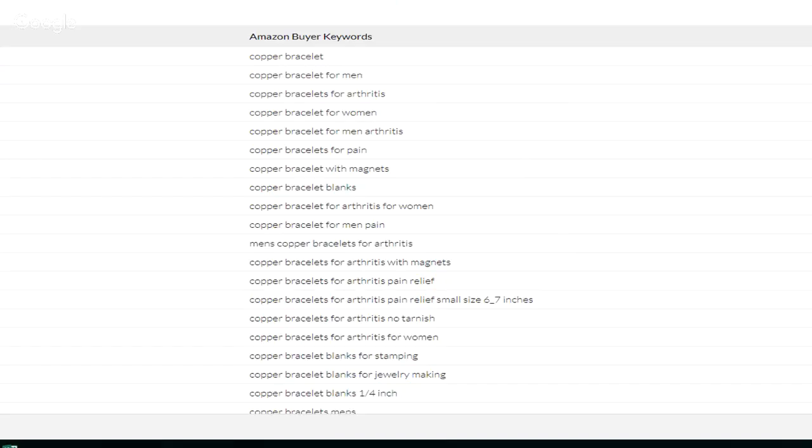Now look at this one down here. Someone's actually typed this in to find a product: copper bracelets for arthritis pain relief, small size, 6 to 7 inches. Someone typed that in. Now, do you think that's a really good keyword to go for? It's probably a little bit too long, to be fair, and probably too specific. Whereas something like copper bracelet for men pain will be a very good keyword to go after when you're looking at